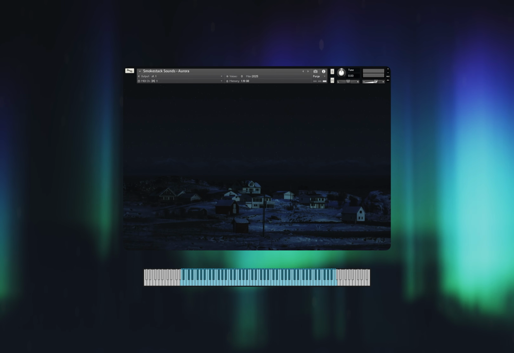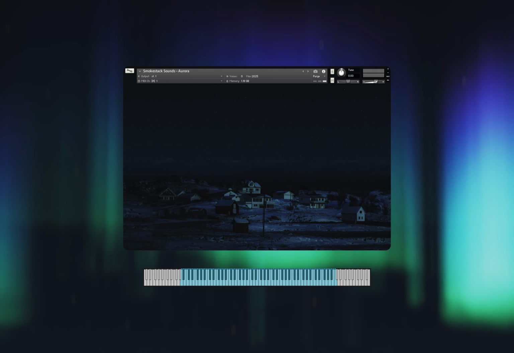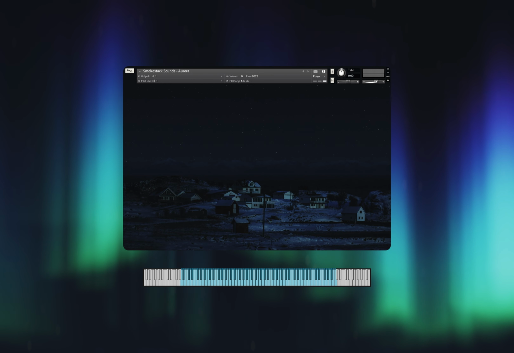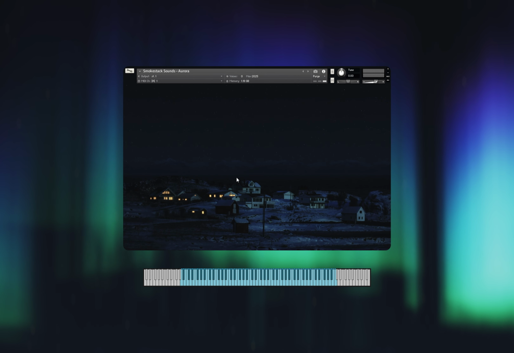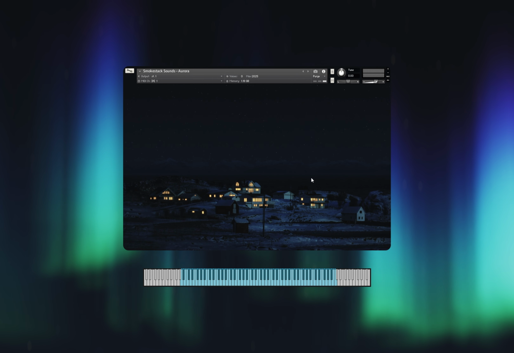When you boot up the instrument, this is what you're greeted by. What if I told you there are 7 sliders in this UI? When I first pitched this to Oliver, his first question was, I wonder if I can turn on the lights. And so in Aurora, you have 7 different houses with specific sounds that you can control and mix in volume